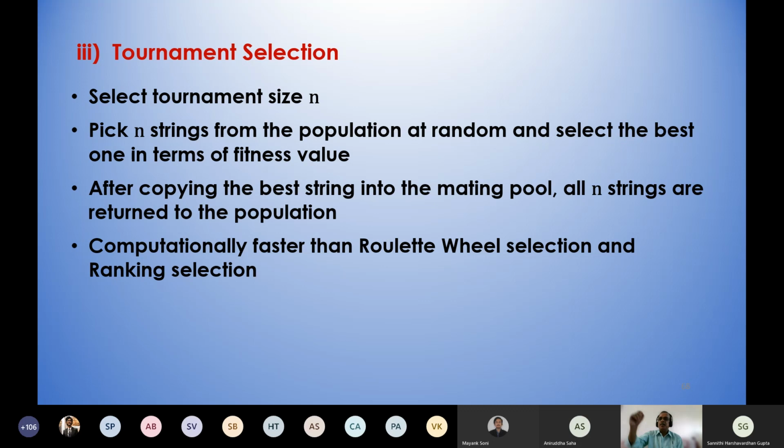Find out the best, put it in the mating pool, and all 50 you return back to the population. And if this small n, that is the tournament size, is kept at a large value like 50, once again there could be multiple copies of one solution. And in the mating pool, the majority part will be occupied by only one solution.